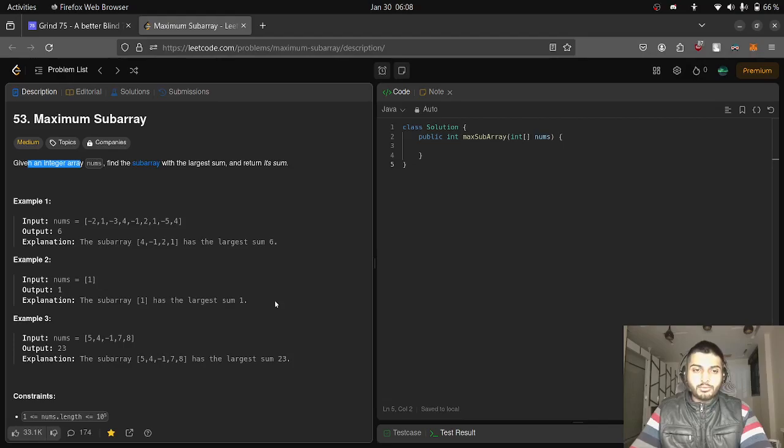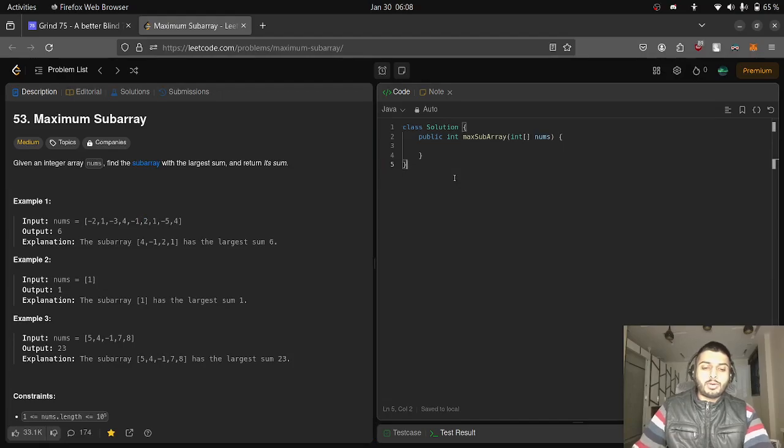So for this algorithm, the naive approach would be to calculate the sum for all the elements again and again, and see which one is the greatest. But the time complexity for this solution would be,